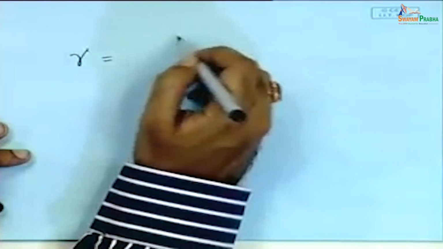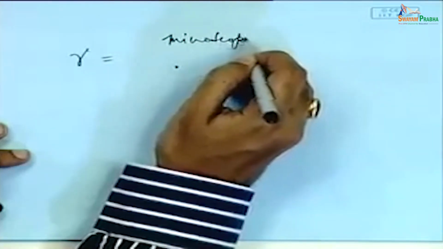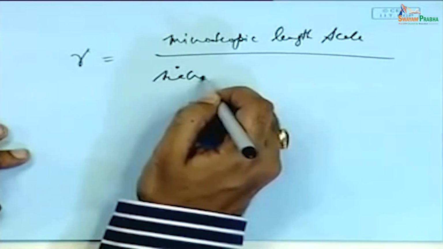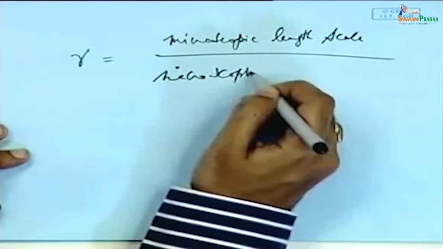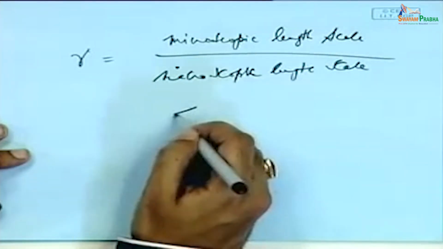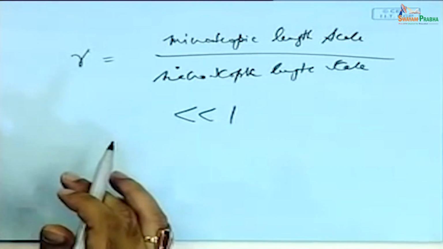And what typically is done is that let's call this R, okay, a microscopic length scale versus a macroscopic length scale. If this ratio is much smaller than 1, then you assume, so this is your criteria typically, you assume